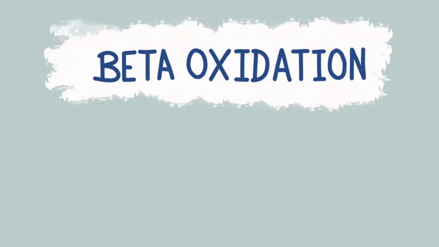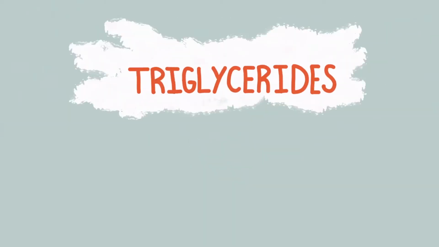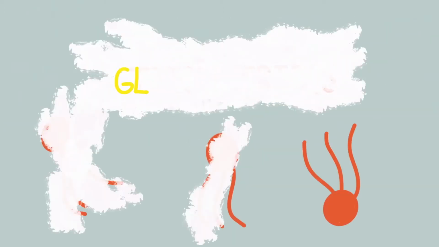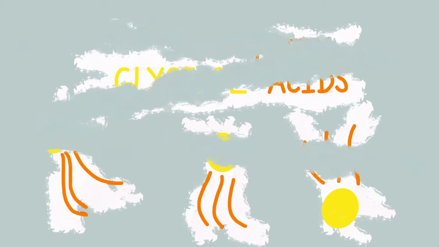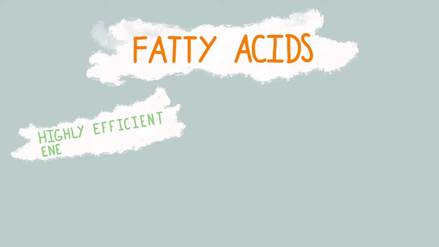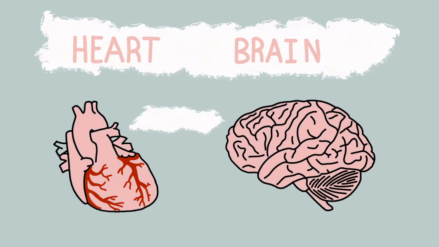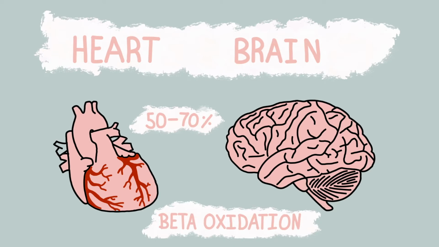Beta oxidation is the process of converting fatty acids into acetyl-CoA. Triglycerides are made up of a glycerol molecule and 3 fatty acid chains. Fatty acid chains are highly efficient energy stores as they provide more energy per gram than carbohydrates, such as glucose. In highly active tissues, such as the heart and brain, 50 to 70% of energy is provided by fatty acid